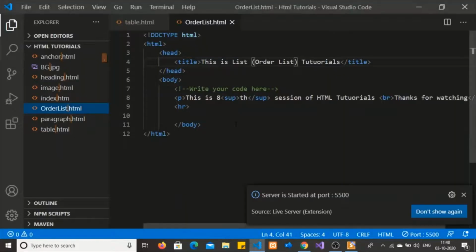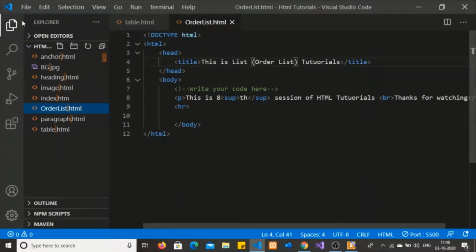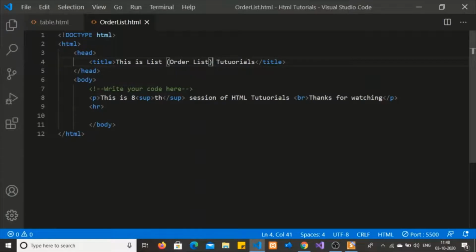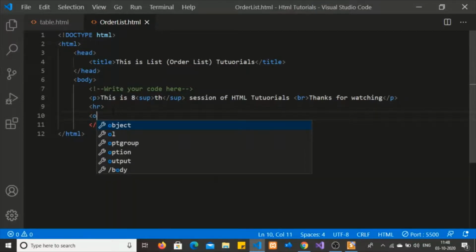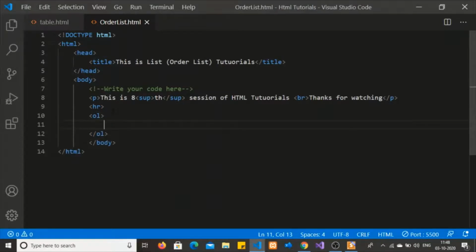It has some values that I created earlier, so this is the basic template. Let's write some code so that we can understand how to display the ordered list. As mentioned in the presentation, the OL tag is used to display the ordered list.